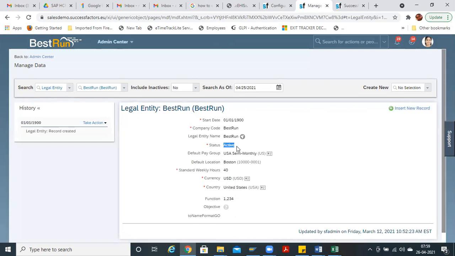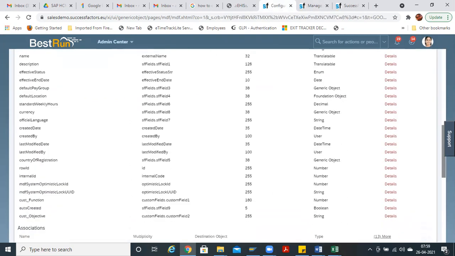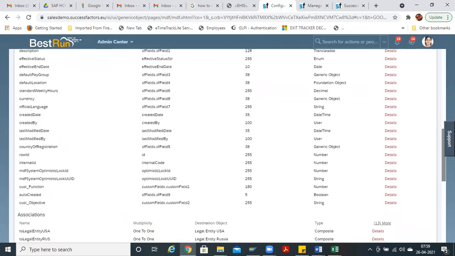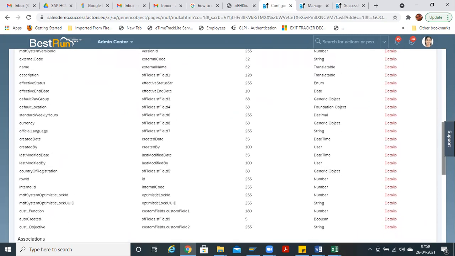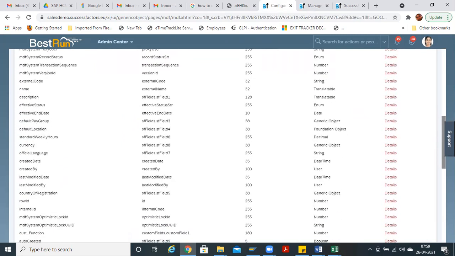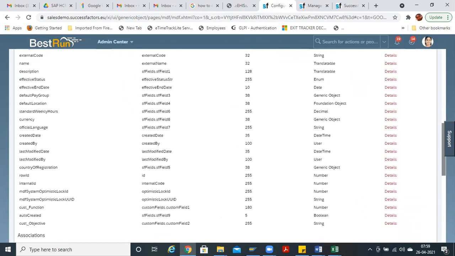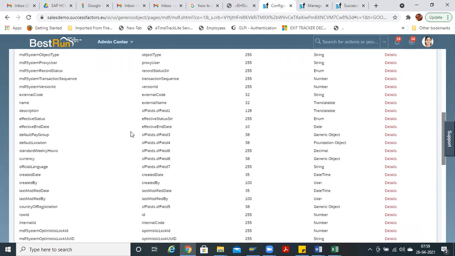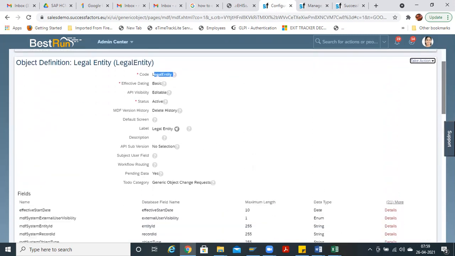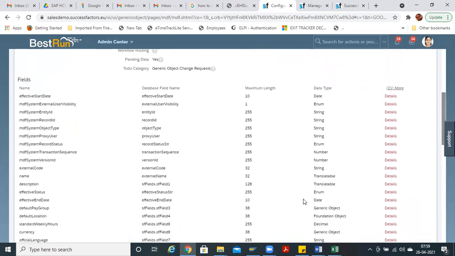This status, active, inactive, is an enum. The data type is enum. You see here, status. Anyway, the data types I will be explaining to you in detail. Just for example, legal entity, effective status, enum.